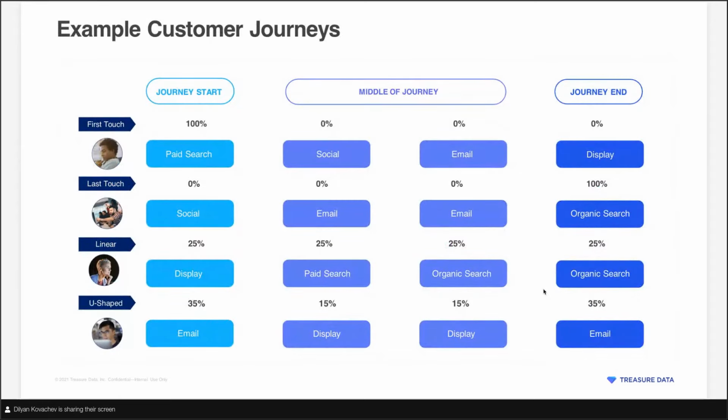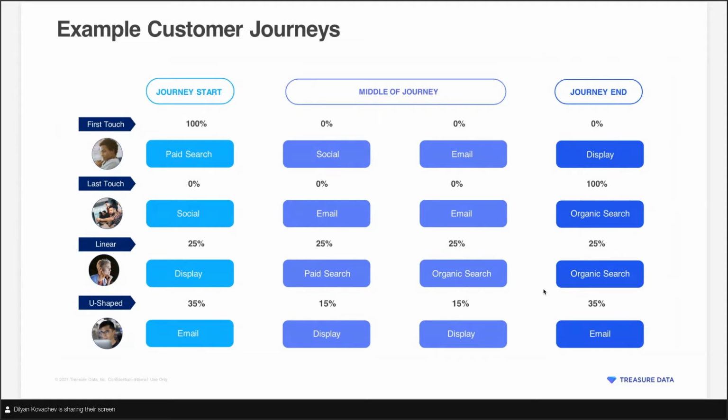And here's a quick example. If we have a 4-step journey, again, if you're using first touch, paid search would get all the credit since it started the journey. Someone searched for a product, and then maybe they saw social media, an email. But if you're applying first touch, the first search would get all the credit.